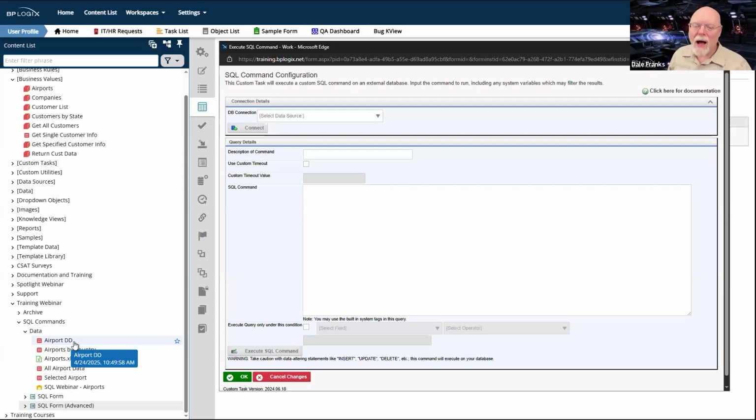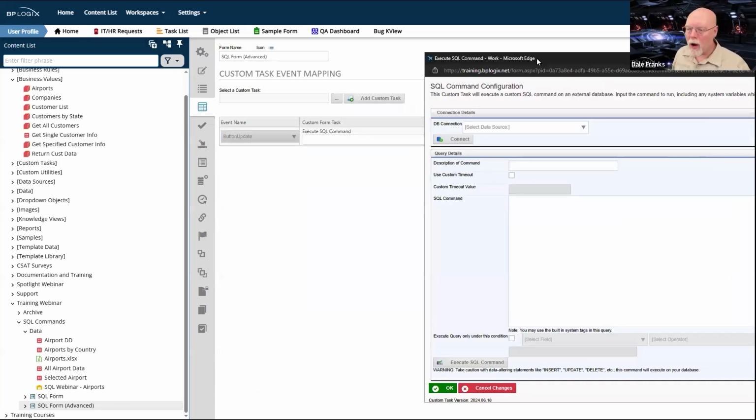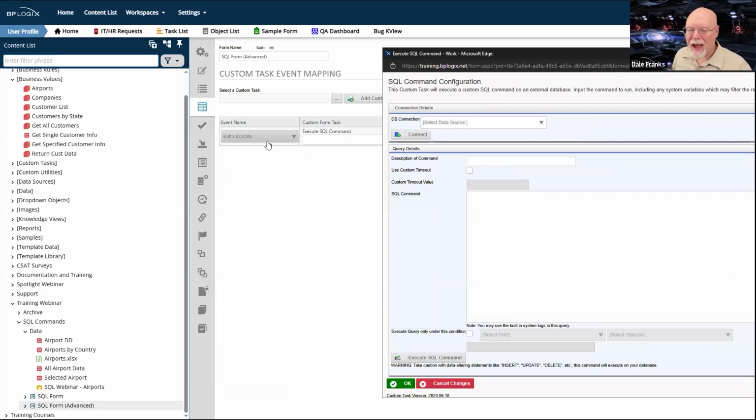And I would need to constantly place them on my form and reconfigure them over and over and over. That's why business values exist, so that I don't have to reconfigure things over and over and over just to grab data. But to change data, I do want that much finer level of control, hence the use of this SQL command custom task, because again, it's only going to run this SQL command on this form, and it's only going to run it when I click the update button.